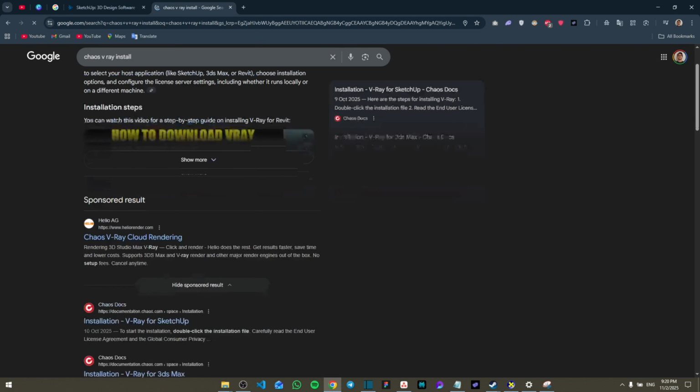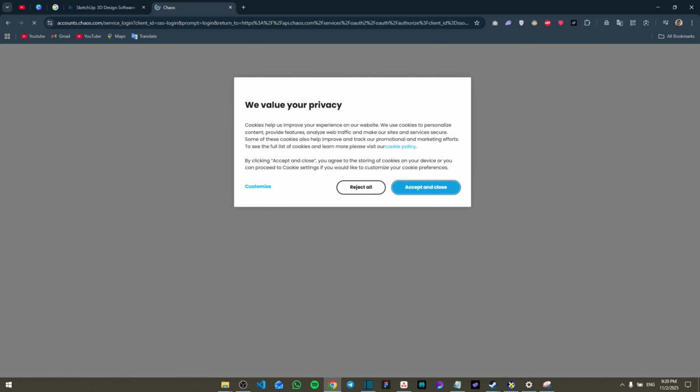And as you can see from this folder right here, it shows you the products for Chaos, and then Vray is right there. So click on Vray, and as you can see, the first button says download Vray for SketchUp. Click on it, and then from here it is going to install the downloader or the installer once you accept and